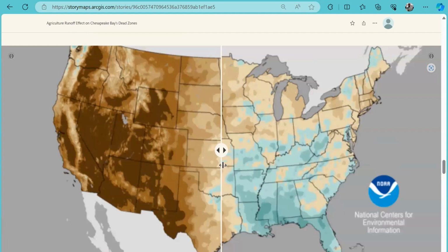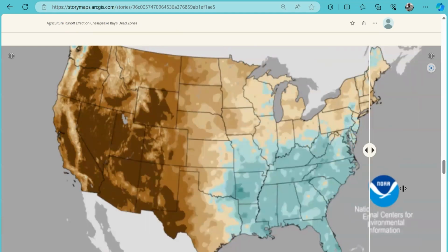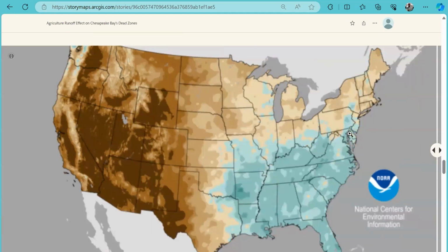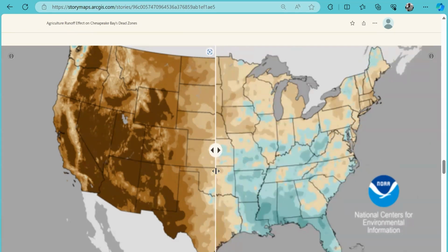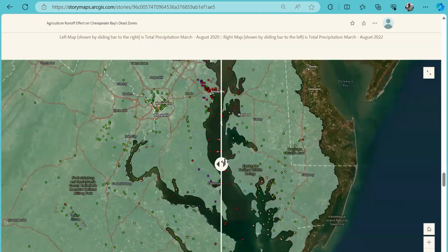All right, I'm going to share with you the results of our maps. This is 2020. This is 2022. As you can see, there's a lot more precipitation around the bay in 2020 than in 2022. So if we scroll down here, we should expect a lot more red and purple dots in 2020 than in